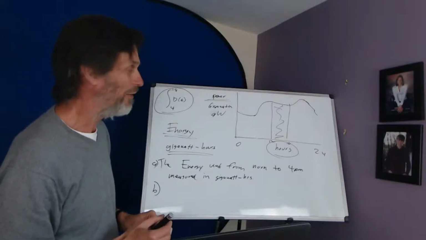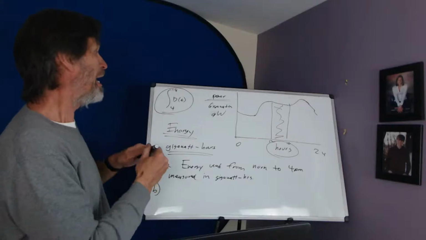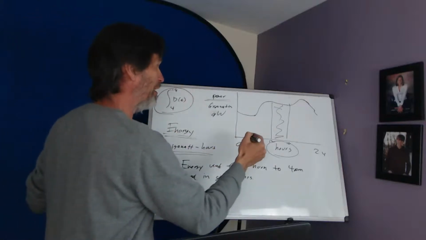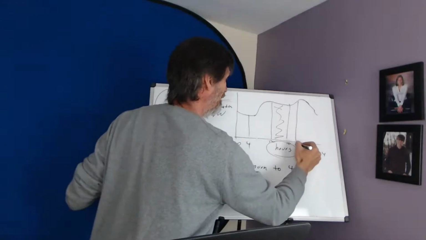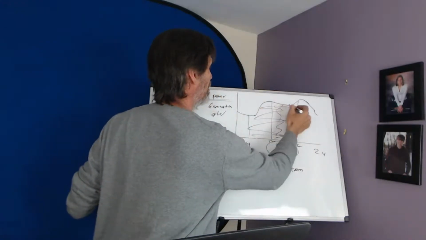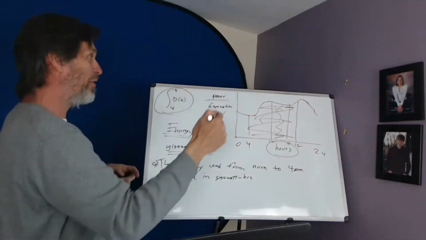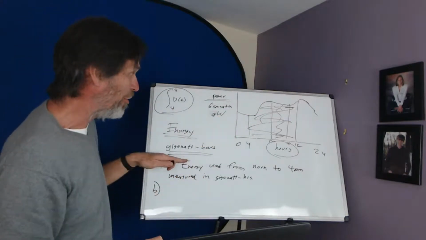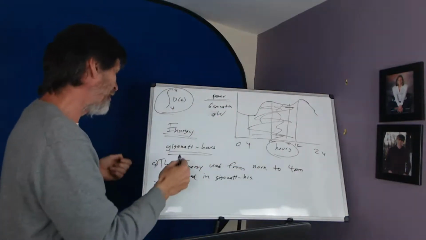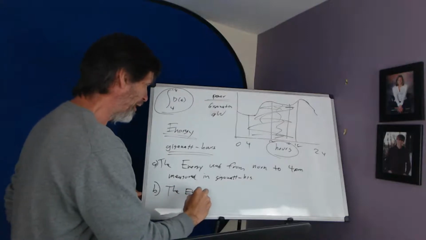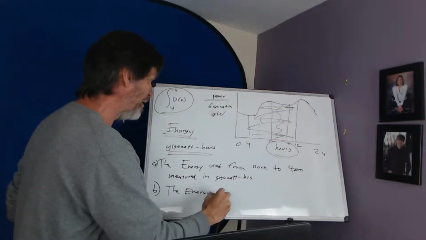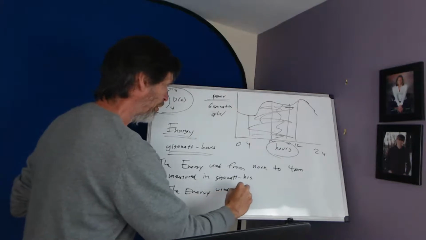Yeah, exactly right, Estonia. So it's the energy, again, it's the area. This gives us area under the curve. So we would go from 4 to 18 in this case. So it's the area under the curve. And just like the last area under the curve was the energy used for a time period, this is pretty much going to be the same thing. This is still the energy demanded or used from.